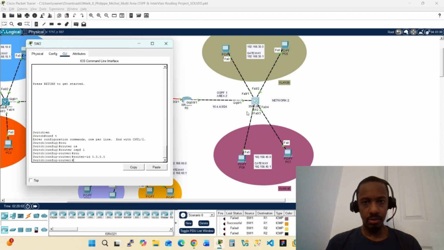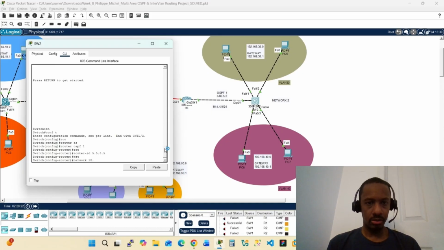I have to advertise OSPF for the network 10.4.4.0, for VLAN 30, 192.168.30.0, and VLAN 40, 192.168.40.0. So network 10.4.4.0 0.0.0.255 area 2,